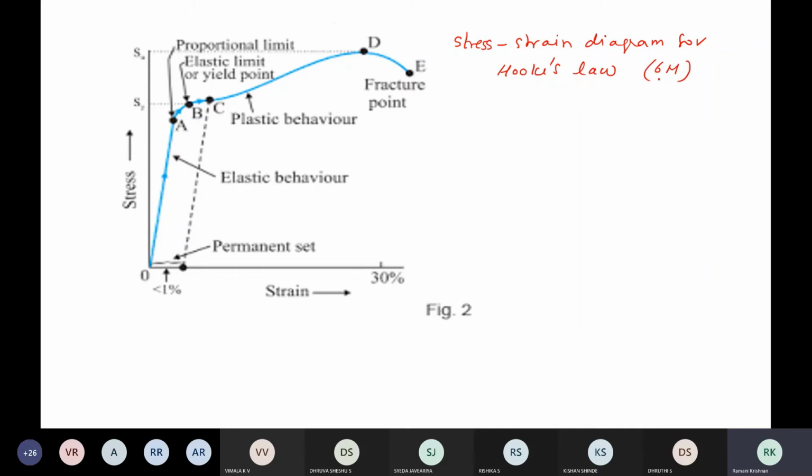I take a wire and I keep pulling the wire. I'm applying force. I keep pulling the wire, and what will happen to the wire? It's a quite flexible wire. What happens to that wire? Okay, now see here. So this is a strain. This is stress, force applied, and you will see that.